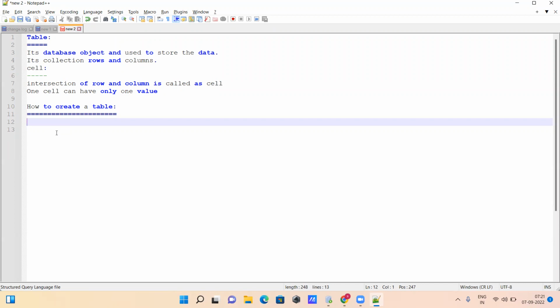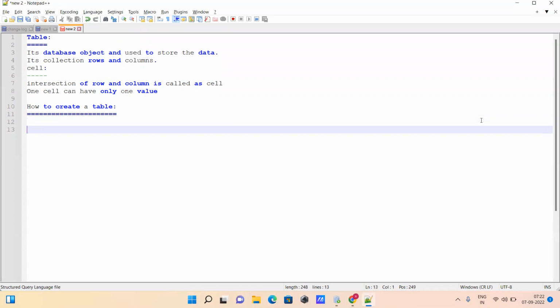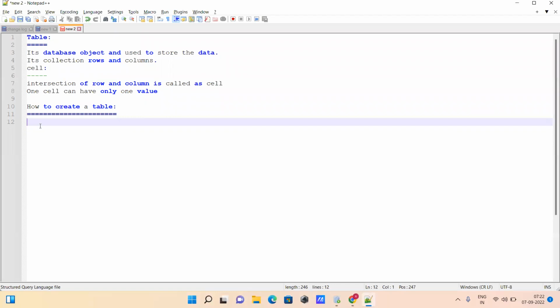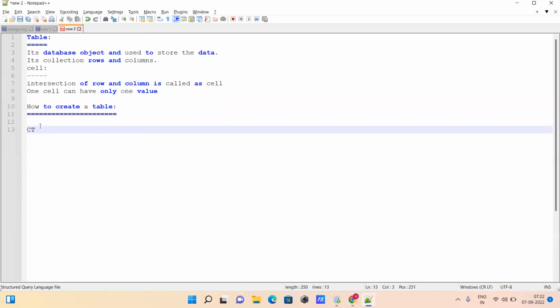Who has set that rule? Whoever developed this database has set this rule. Just as the PhonePe product owner has set the rule for PhonePe. The same way, to create a table,